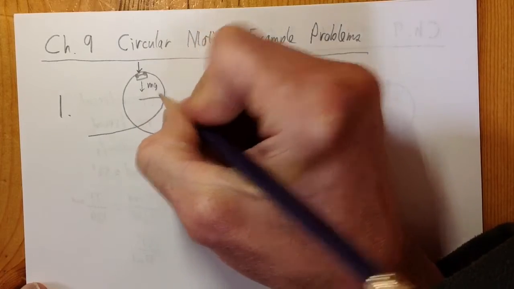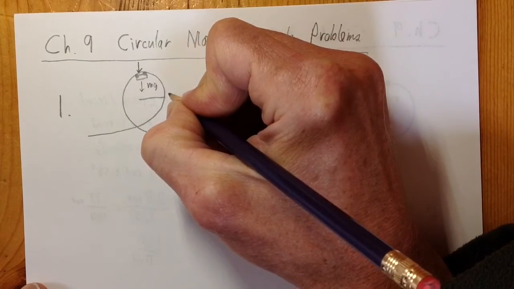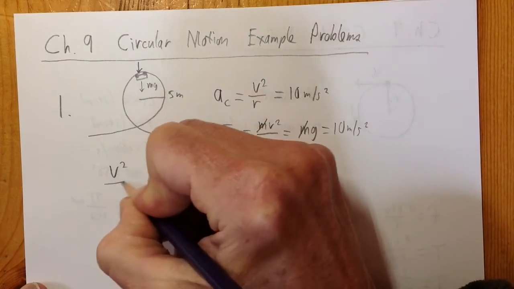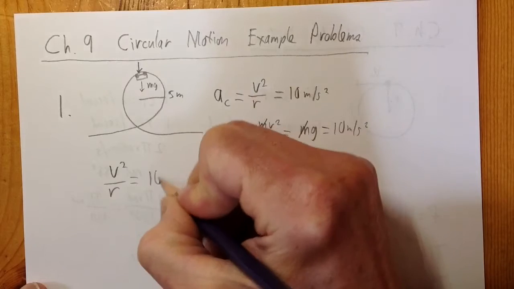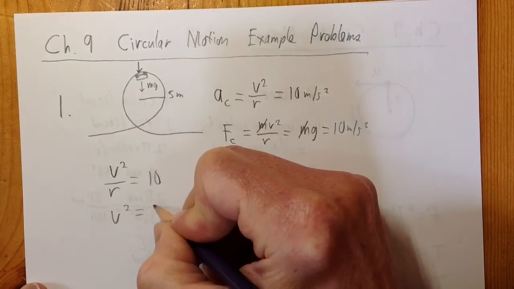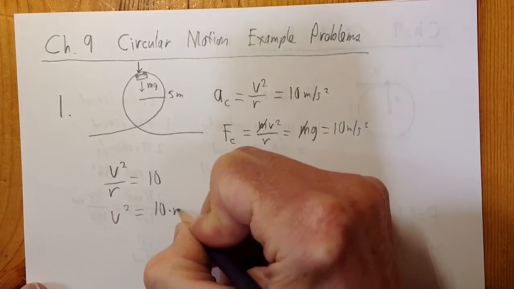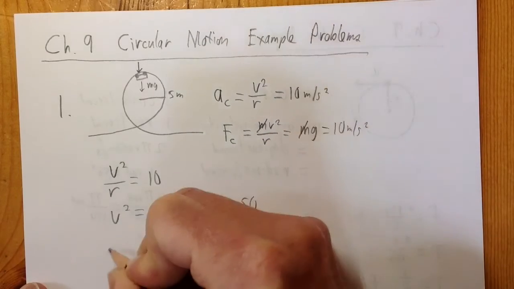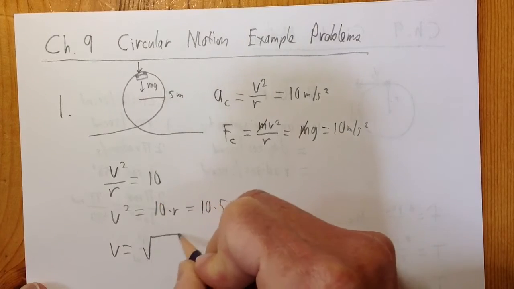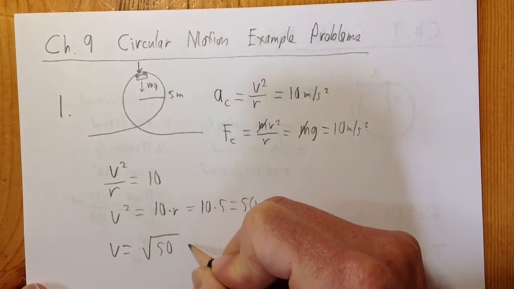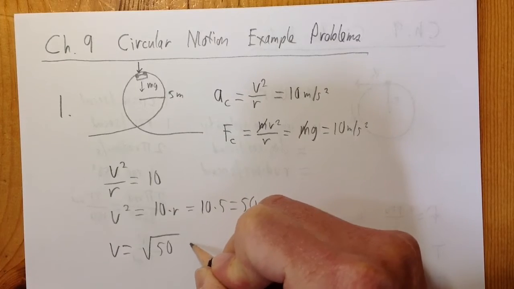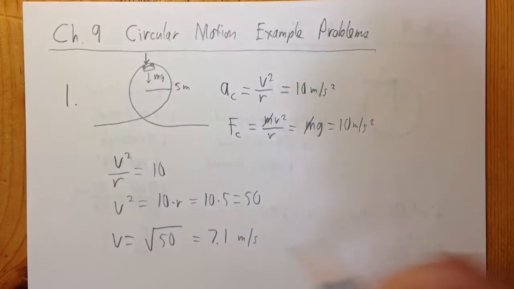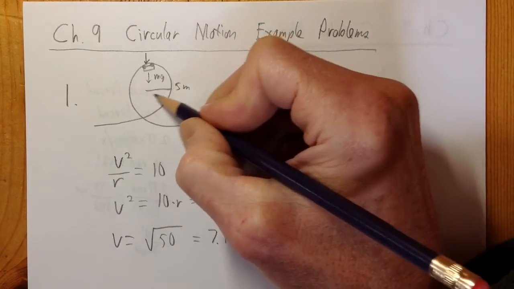Let's say the radius of our circle is, to make the math easy, let's say 5 meters. So v squared over r is equal to 10. v squared is equal to 10 times r. We said r was 5 meters, so 10 times 5, which is 50. So v is equal to the square root of 50, which is a little over 7, about 7.1 meters per second. So you would have to go about 7.1 meters per second if you had a radius of 5 meters,